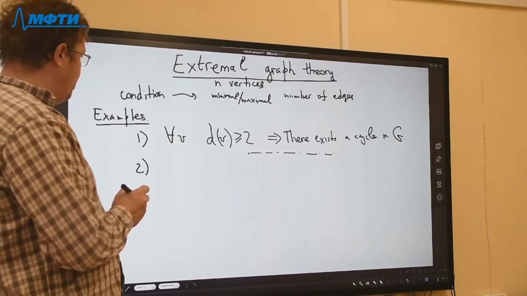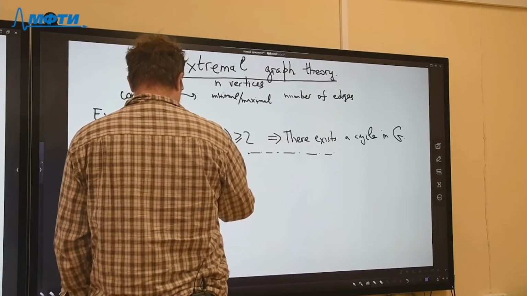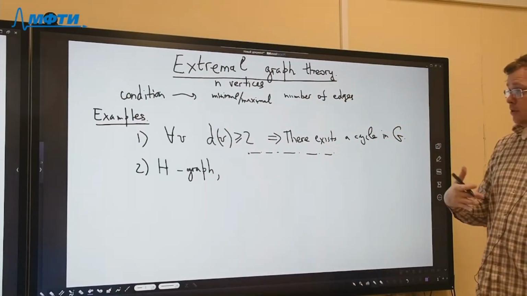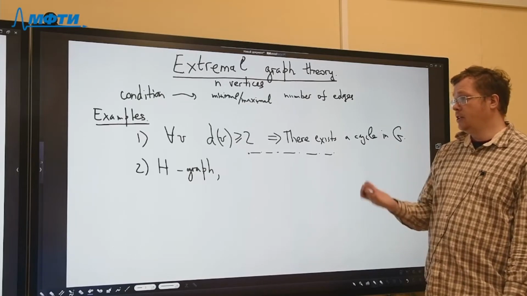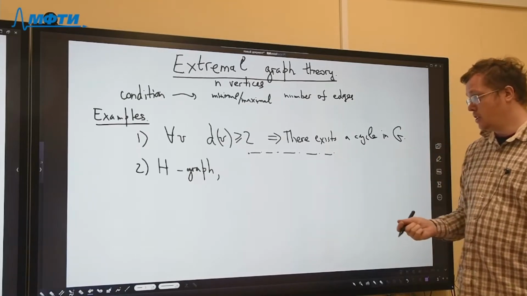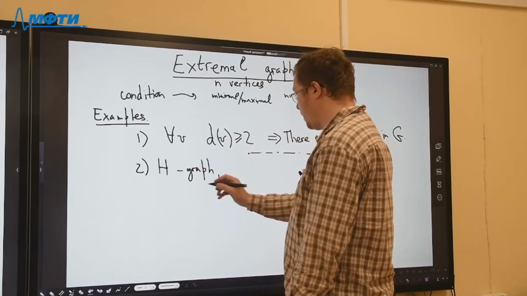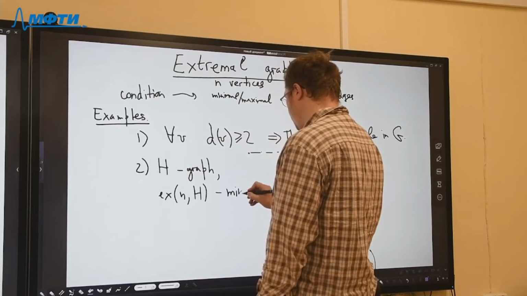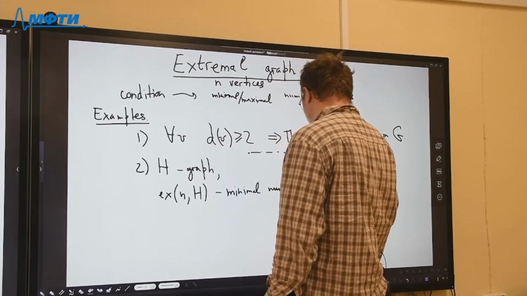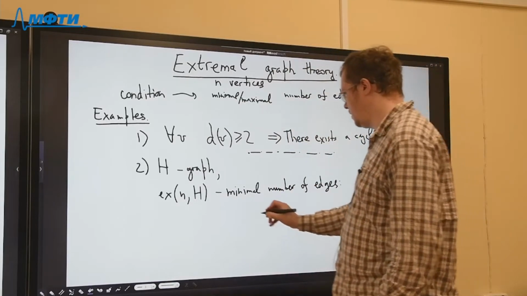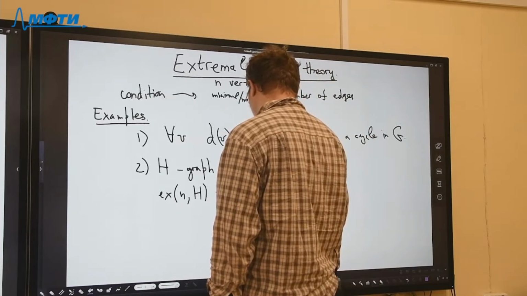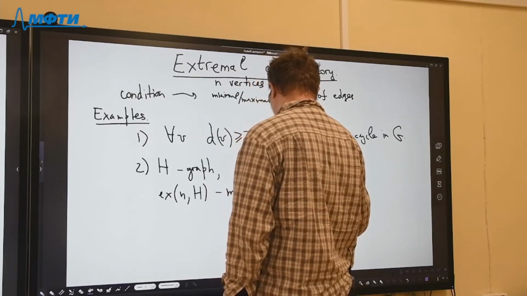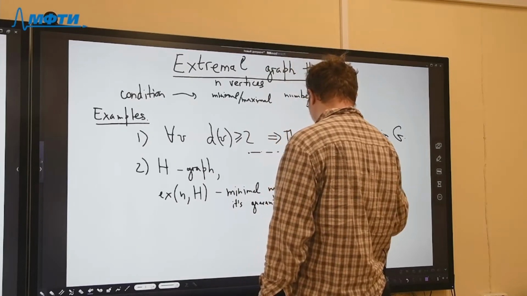And usually we just fix some graph H, and we want to find some kind of restriction on the number of edges such that we can guarantee that our graph contains a subgraph isomorphic to H. And so we can find the ex of n, H as the minimal number of edges such that it is guaranteed that we have